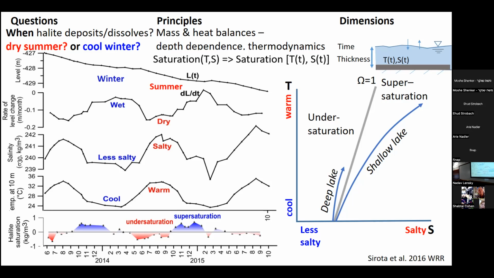The water column is very thick, so it's getting only a little bit saltier, and in the shallow water body, indeed it's getting much warmer, but also much saltier, and compared to the saturation curve, this is the big difference. So the deep lake is going along this trajectory, and the shallow lake is going to supersaturation. So they spread over two very different